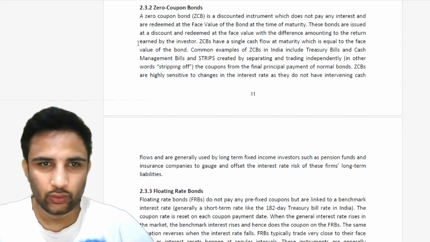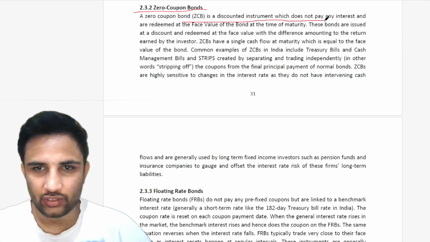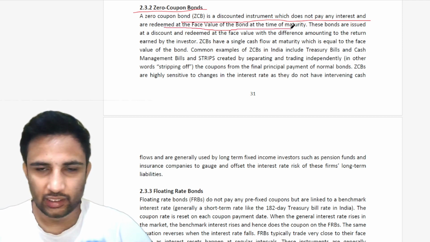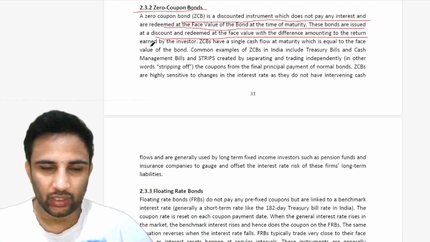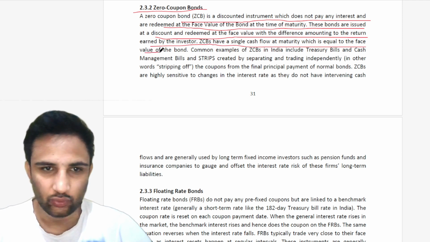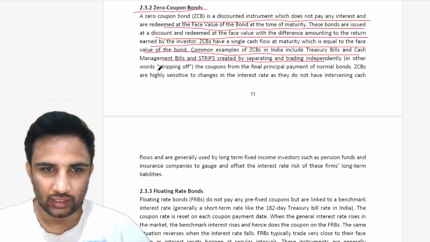That is chapter 2.3.2 Zero Coupon Bonds. A zero coupon bond or ZCB is a discounted instrument which does not pay any interest and is redeemed at the face value of the bond at the time of maturity. These bonds are issued at a discount and redeemed at the face value with the difference amounting to the return earned by the investor. ZCBs have a single cash flow at maturity which is equal to the face value of the bond. Common examples of ZCBs in India include treasury bills and cash management bills, and strips created by separating and trading independently, in other words, stripping off